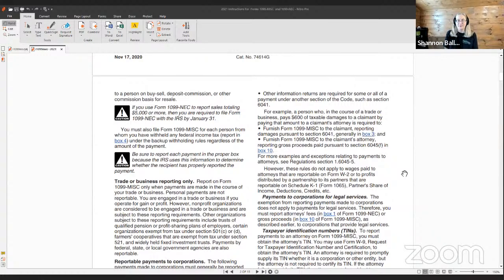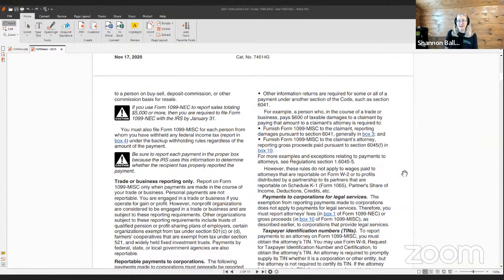For example, a person who in the course of a trade or business pays $600 of taxable damages to a claimant by paying the amount to the claimant's attorney is required to furnish the Form 1099 miscellaneous to the claimant reporting damages pursuant to Section 6041, generally in box 3, and furnish Form 1099 miscellaneous to the claimant's attorney reporting gross proceeds paid pursuant to Section